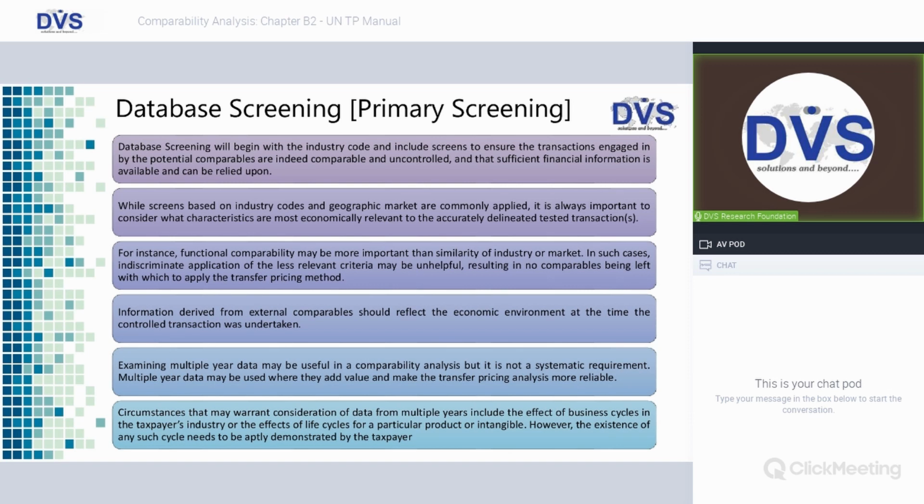Database screening, as I said, friends, first and foremost, primary screening is the industry classification and the industry codes. That is the first and foremost thing which we need to do, because as I said, friends, Prowess contains some 50,000 plus companies. Again, the Capitaline database contains 40,000 plus companies. So we cannot keep that entire population as our set to find out comparable companies. So industry classification, industry code becomes relevant.